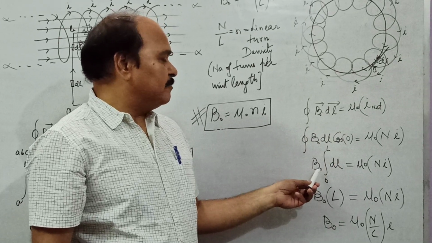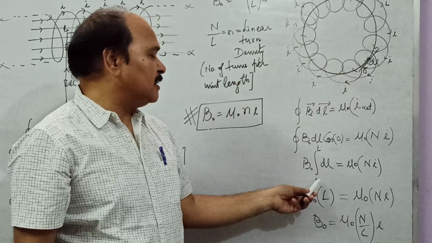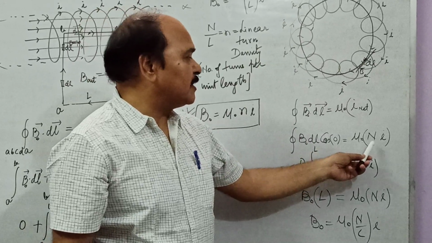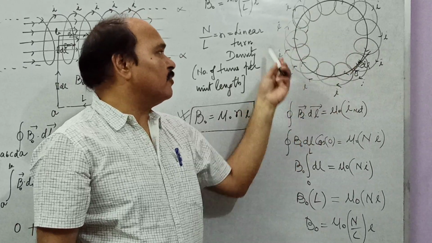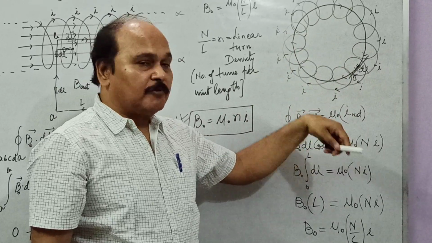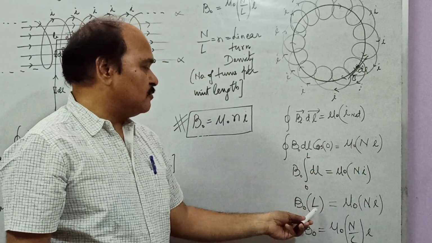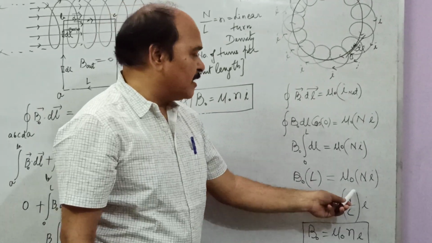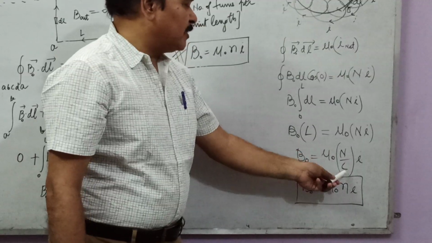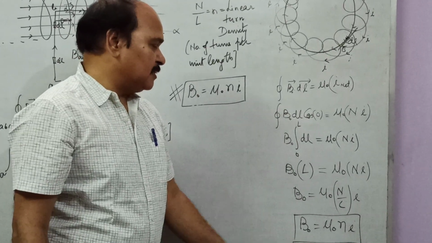We are left with B times the integration of dl. Let us say the length of the closed path is L. So integrate it from 0 to L. Right hand side is mu naught n i. Well, n is the total number of turns in the solenoid. In this toroid, the total number of turns is n. Therefore, net current is what? I into n. Integration of dl is as usual L. Right hand side is mu naught n i. B is equal to mu naught n upon L times I, and n upon L is as usual the linear turn density of the toroid. Magnetic field is mu naught n i.